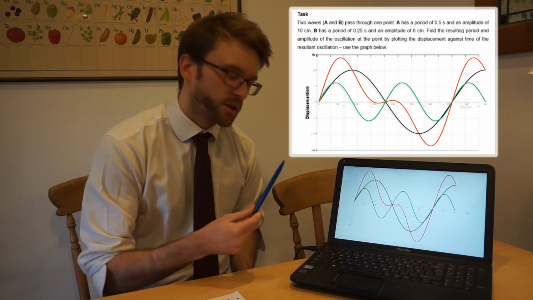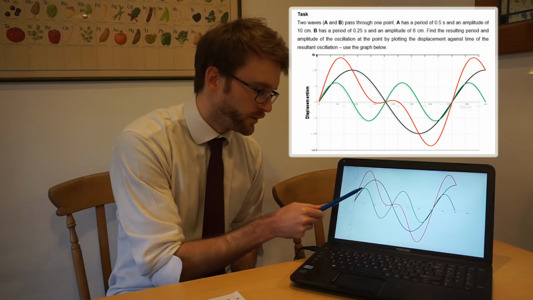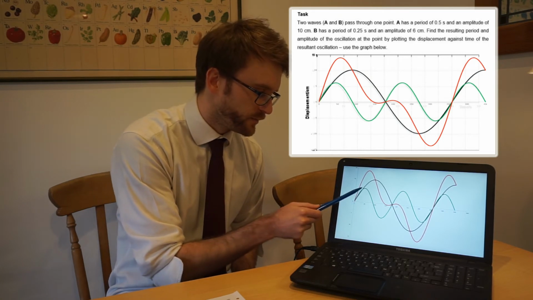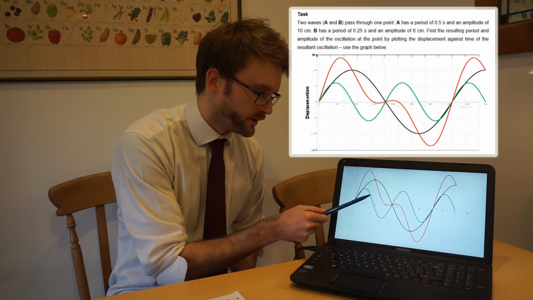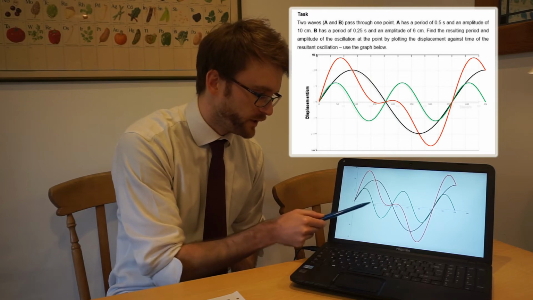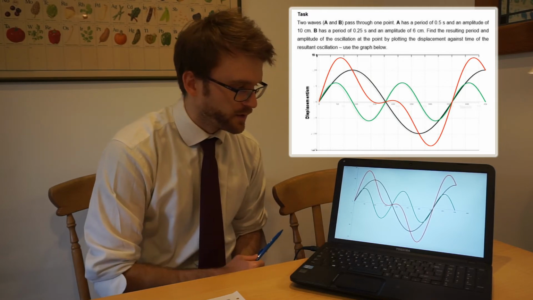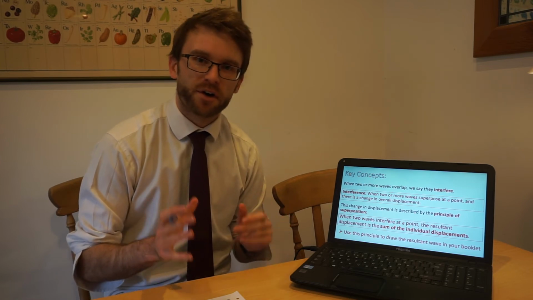So I recommend going through point by point, add them up, 0, add them up, get a maximum, add them up, one cancels off a bit, add them up, and just sketch point by point that wave and join it with a smooth curve. This can result in some interesting wave shapes that aren't completely sinusoidal. That is fine, that's kind of the point here.